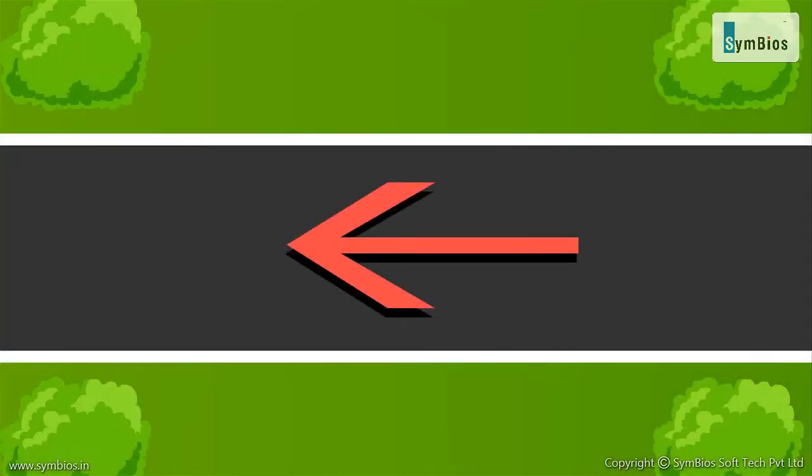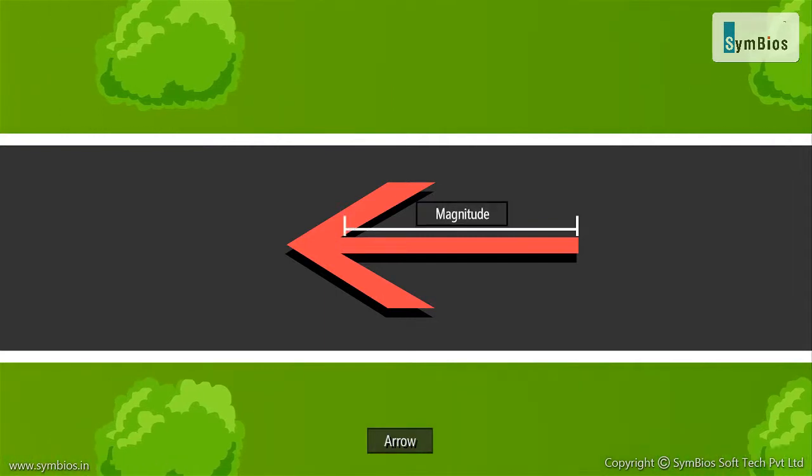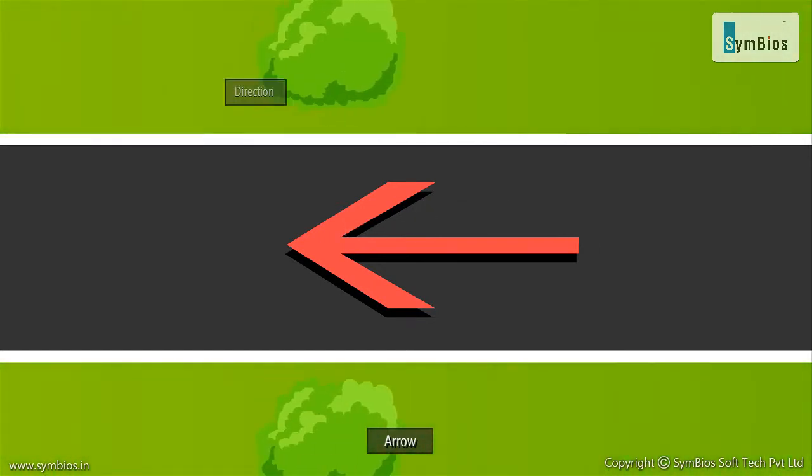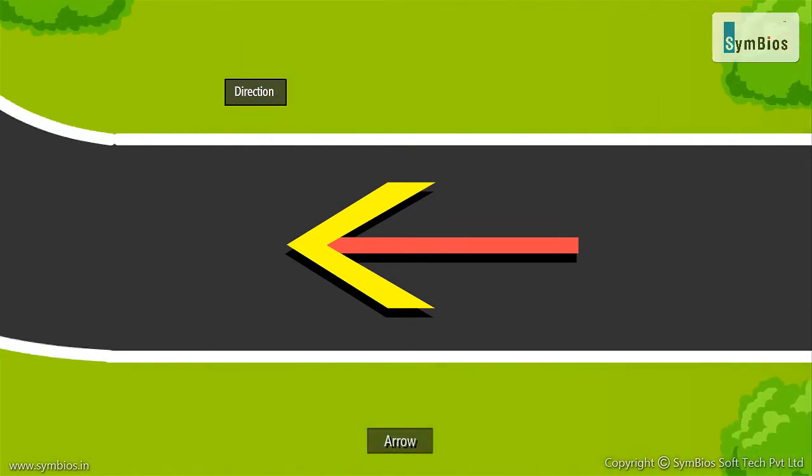A vector quantity is represented by an arrow. The length of the arrow tells us the magnitude of the vector quantity, and the arrowhead tells us the direction